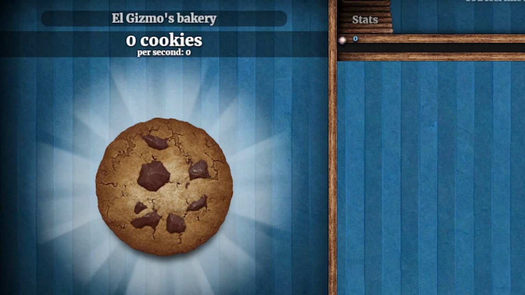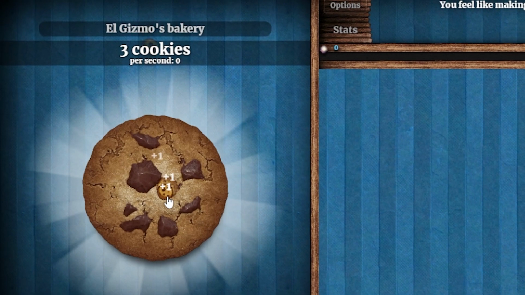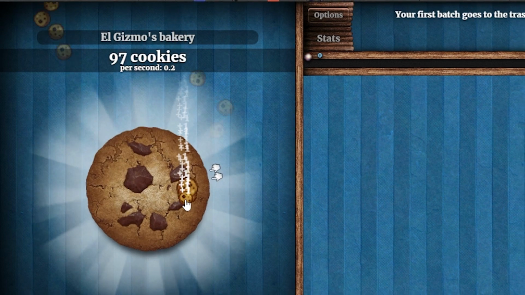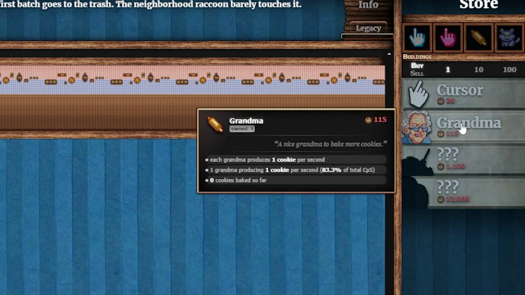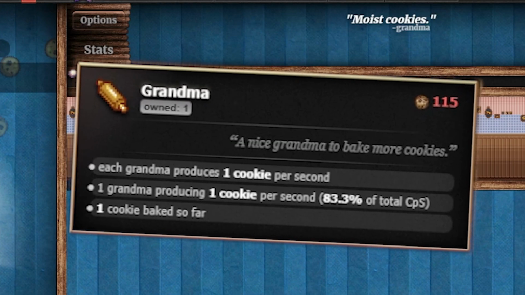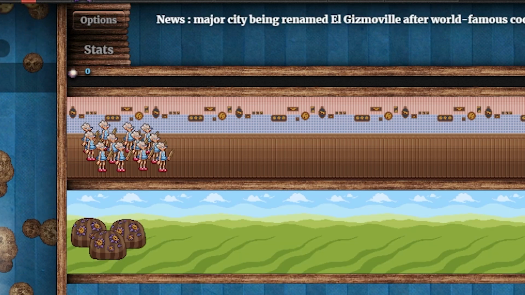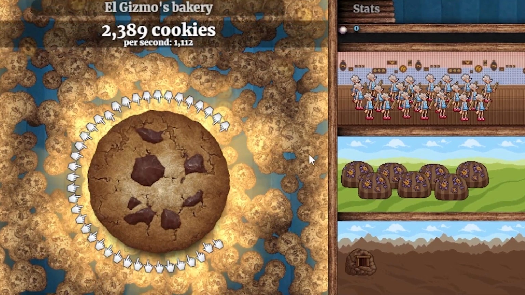Do you see that cookie? I can click on it. And every time I click on a cookie, I get a cookie. And once I've got multiple cookies, I can buy a grandma to bake more cookies for me. And then I can buy more and more grandmas indefinitely, which leads to a terribly addictive, crazy spin.